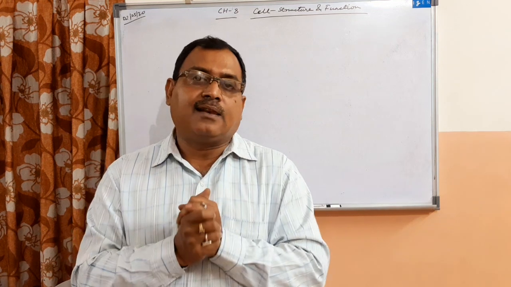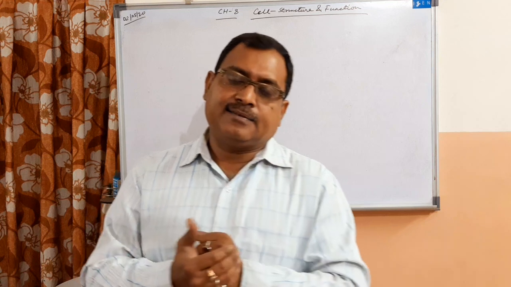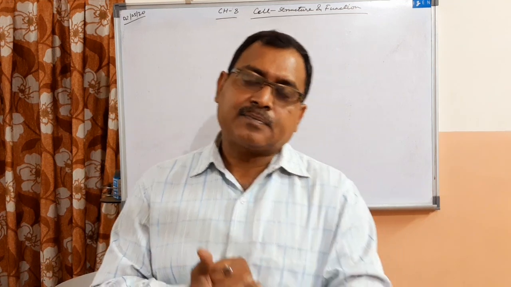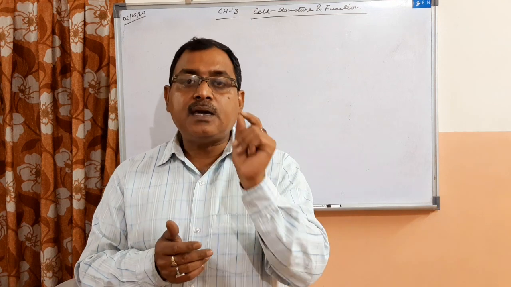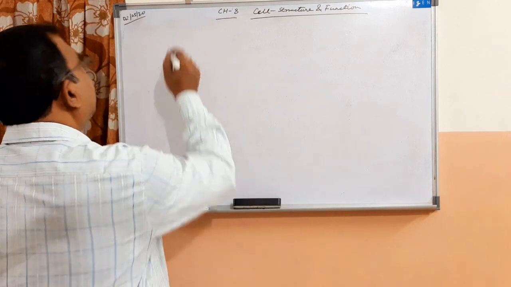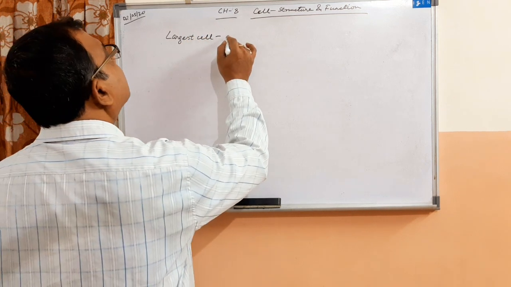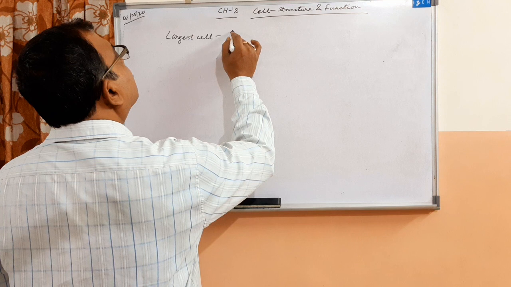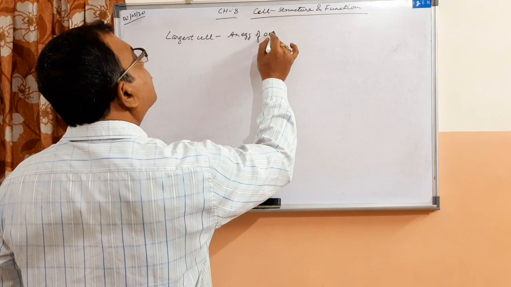The largest cell is what? Do you know? Most of you have eaten egg. Egg is an example of a single cell. The largest cell is the egg of an ostrich, whereas the smallest cell is PPLO. So remember, largest cell is an egg of ostrich,